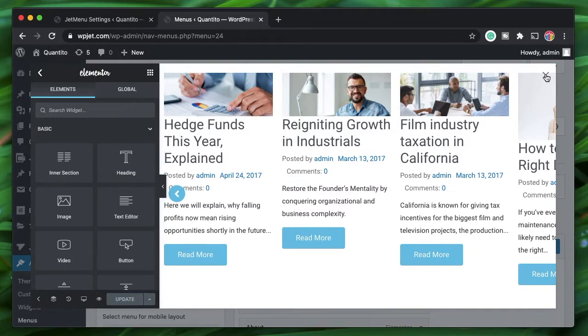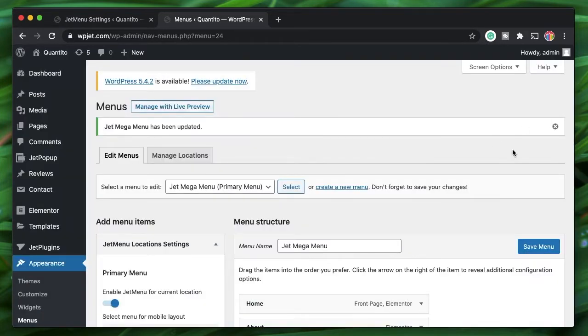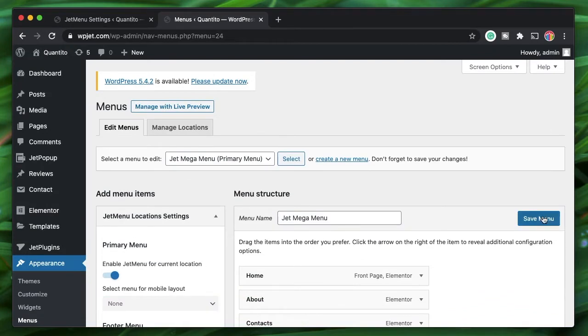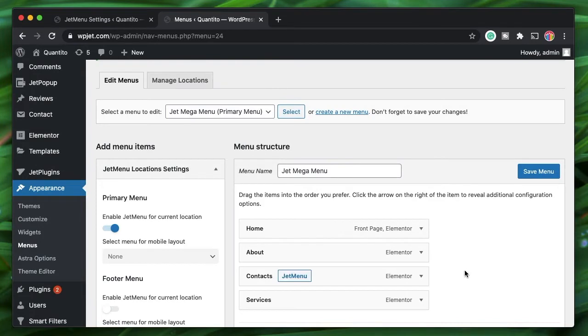Then you can click on this X, the light box is then exited, and now you're in your mega menu. Just click on save, and that will save the mega menu sub item. Once you click on that, again click on save menu. Now we've created a menu. So this is a typical WordPress menu which can then be used across your site.